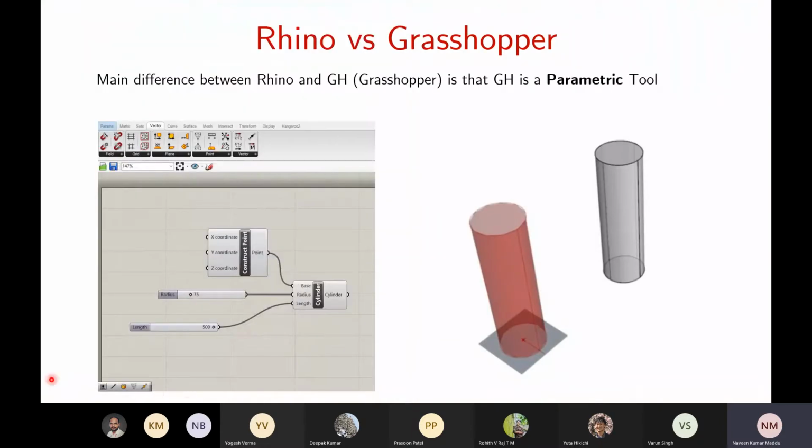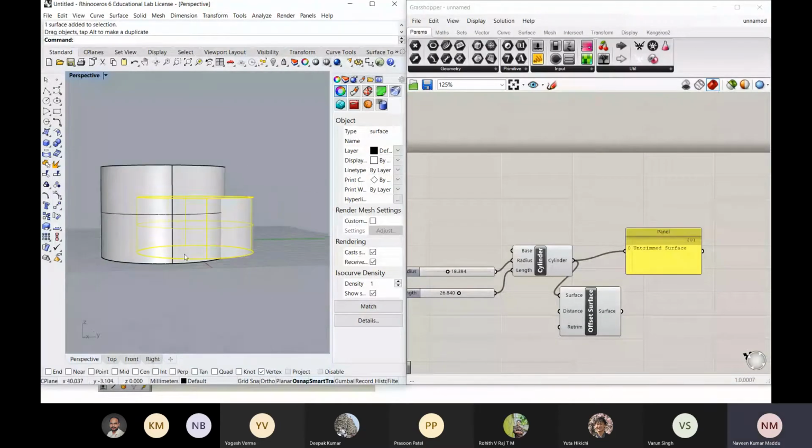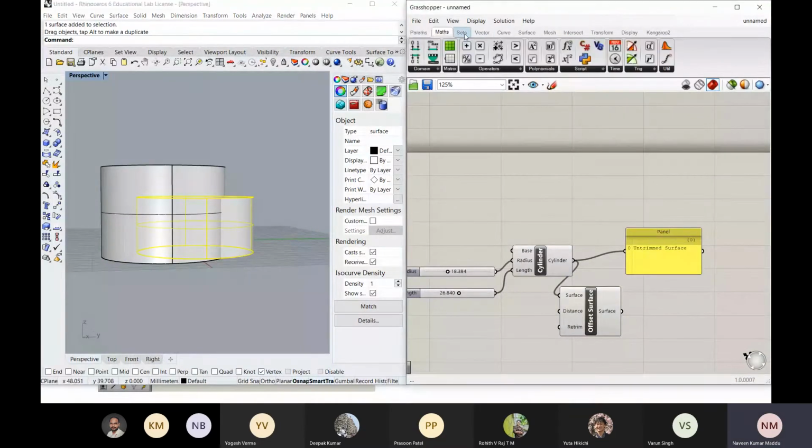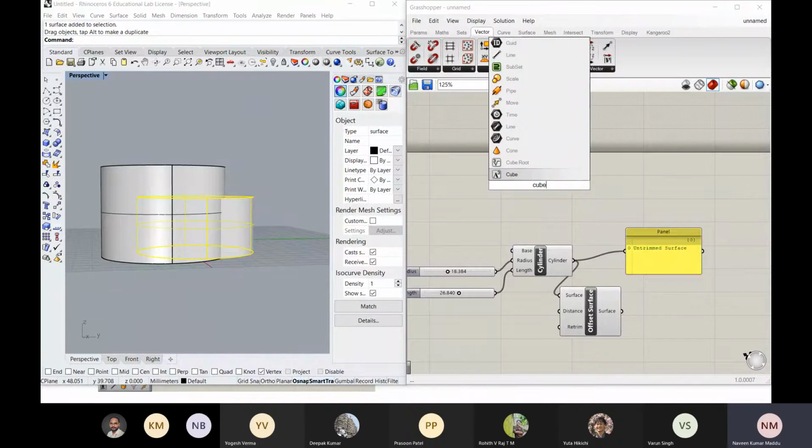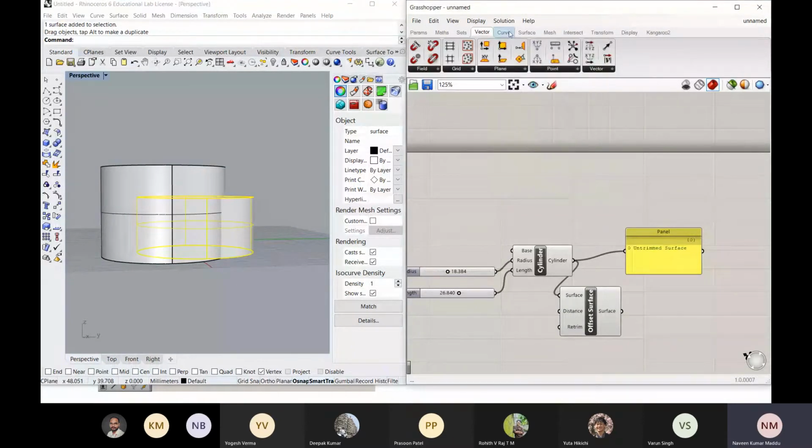One small doubt. So for activating the command, we just have to type, right? Yeah, you can search here, or else you can double click on this canvas, then you can type the search word. Based on that, let's say I want to build a cube. Then you have cube root, cube. These are numerical operations. You have cone, you have different options available. You can select if it is there, or else you have to search in these commands.